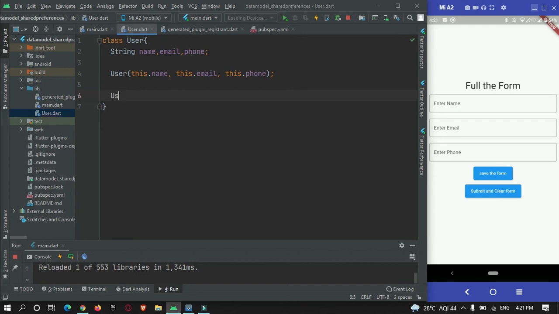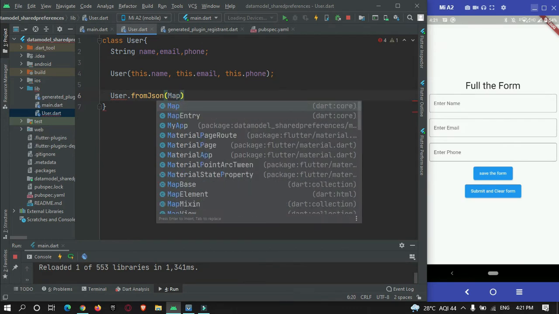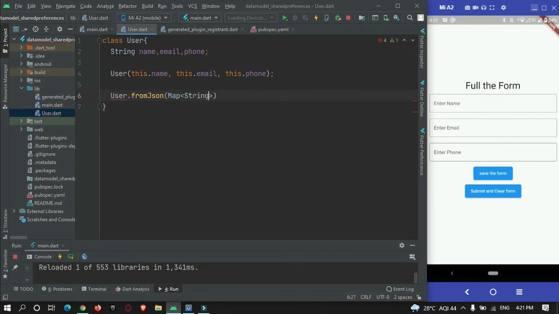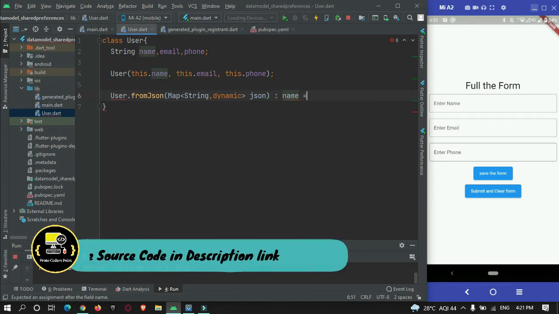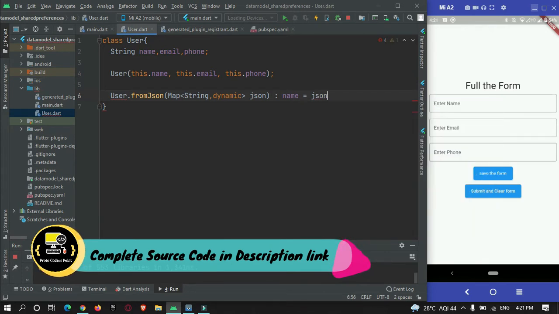So here, Users.fromJson, taking a Map<String, dynamic>. Give a name to this mapping; I will name it json. We need to assign the data to name: json of name, where the key is name.